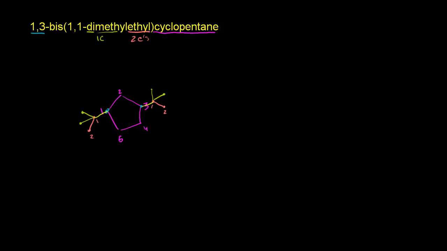So another name for this would be 1,3, tert, or sometimes people just write a T there. T-butyl, cyclo, oh, actually I should say di-T-butyl, because we have 2 of them. 1,3-di-T-butyl cyclopentane. So that would be